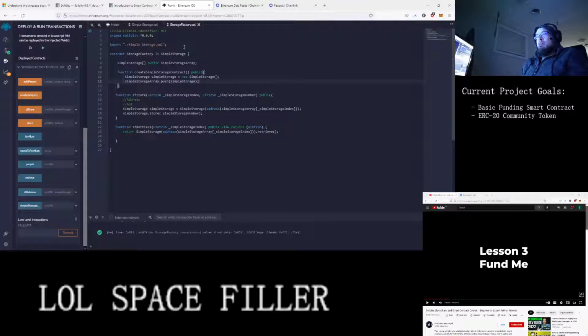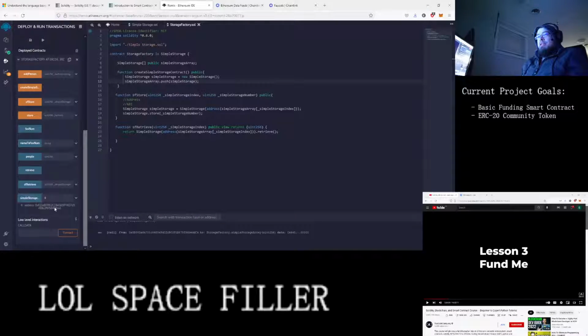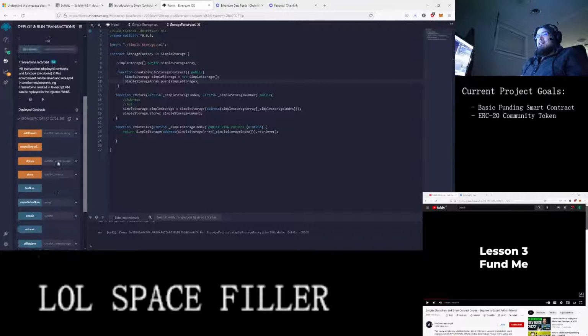So it inherits the ability to store and retrieve that data, same as the original contract, but it also has the ability to create a storage contract. So you can create this, and then if I recall, this returns the address of the storage contract that you've created, which you could then reference to perform these functions were it coded that way. Anyway, that's the brief, high level